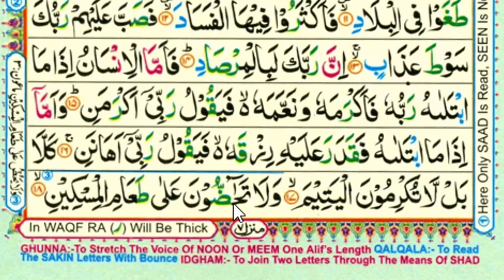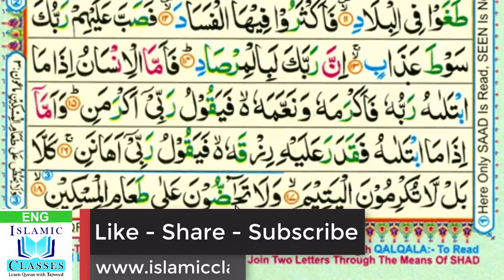If after the madda letter the next letter is with shad sign, you have to make madde lazim kalmi mustaqal there. Kalmi means in one kalima, like in one word. Mustaqal means there should be shad sign after the madda letter in the same word. That's why we make madde lazim, which is the compulsory mad. So we long here. Wala